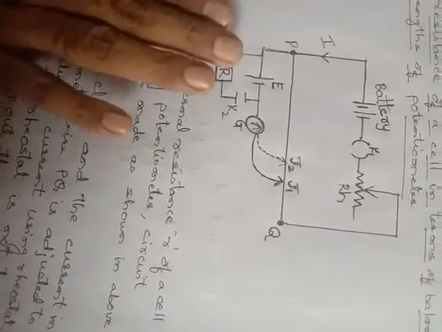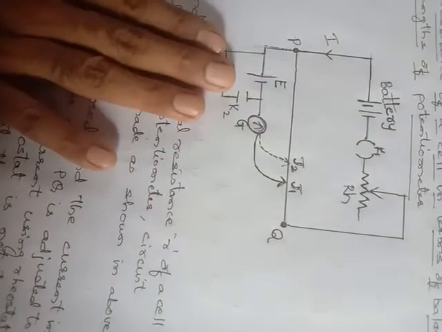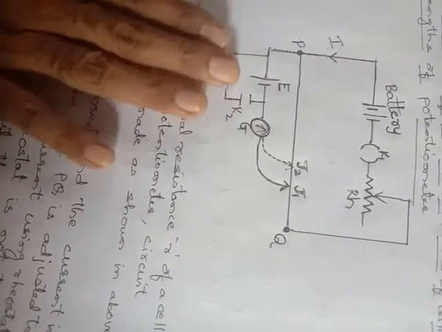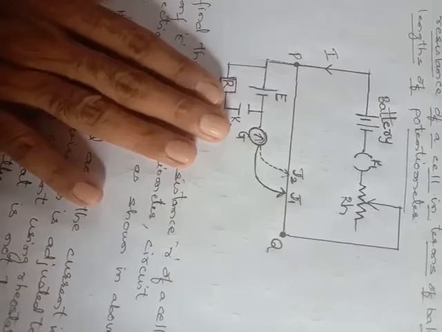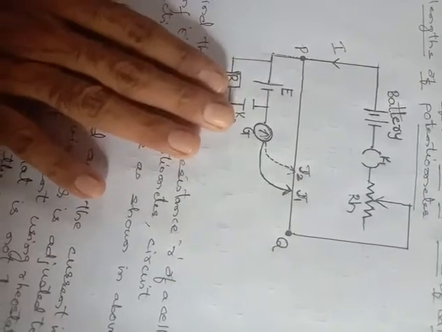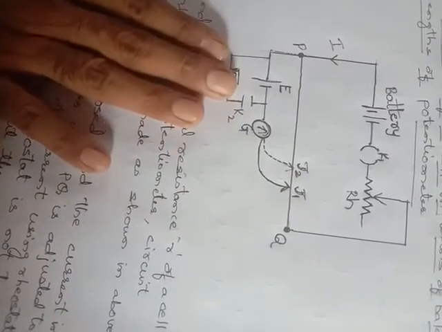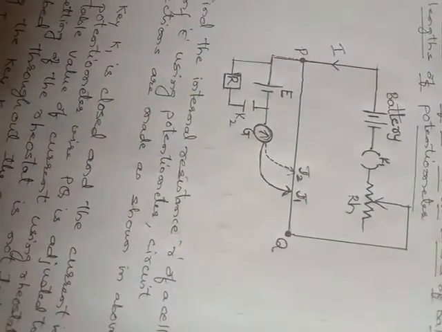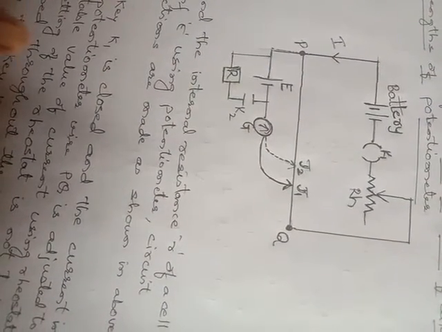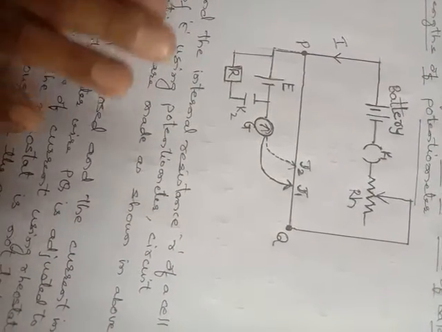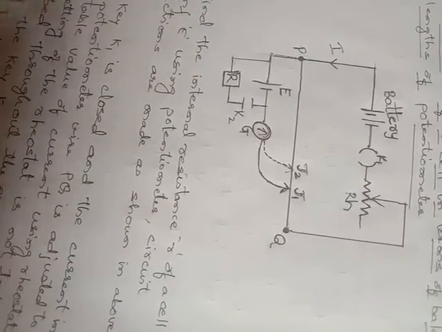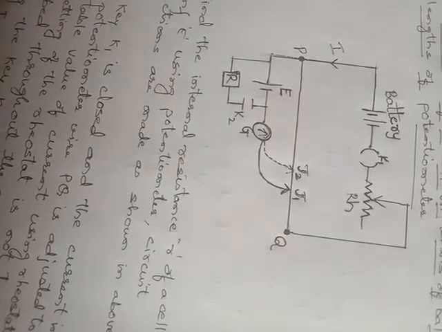तो अभी हमने क्या देखा, कनेक्शन देखा हुआ है, how to do the connection, how to find out the internal resistance of the cell using the potentiometer. So with this we have just completed how the connections are to be made with the help of potentiometer to find out the internal resistance of the cell. सेकेंड वीडियो में हम देखेंगे इसका कंस्ट्रक्शन वर्किंग.